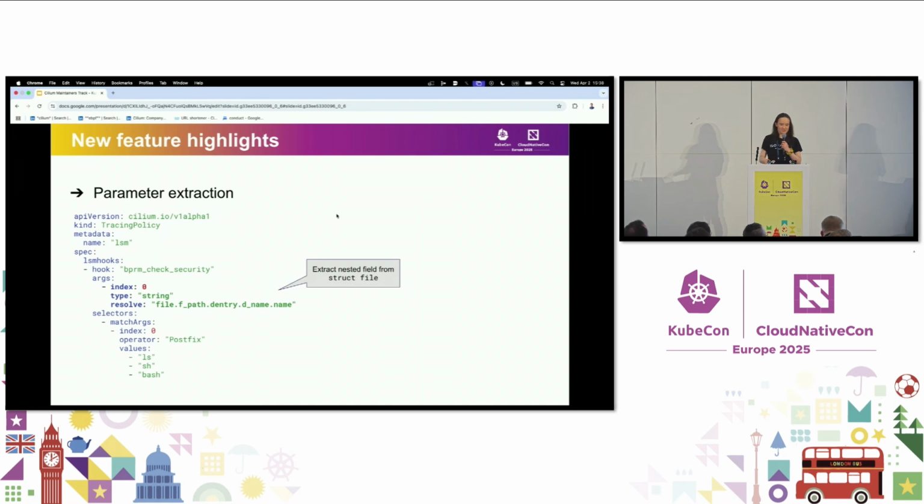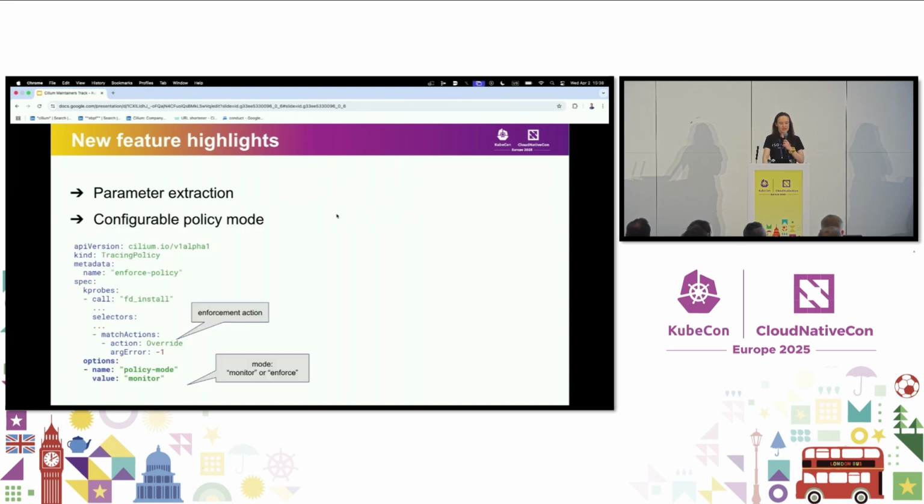And this language has gotten even more advanced, so that now you can extract fields from inside a kernel structure,